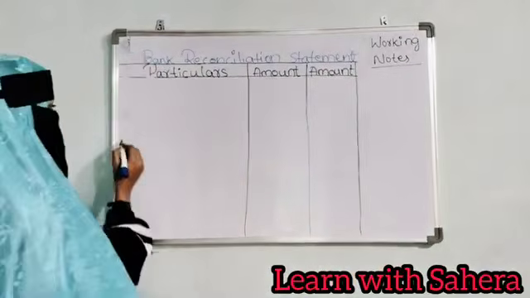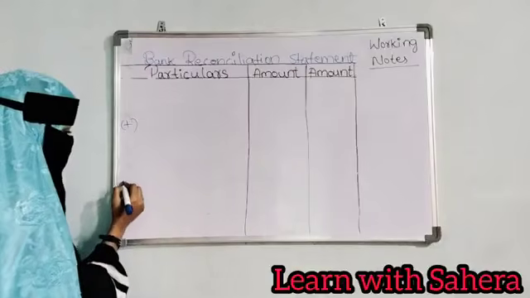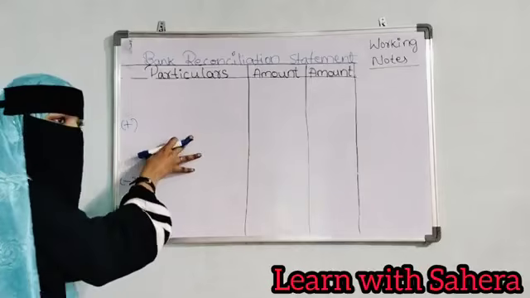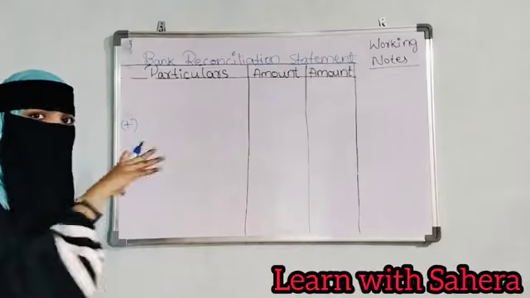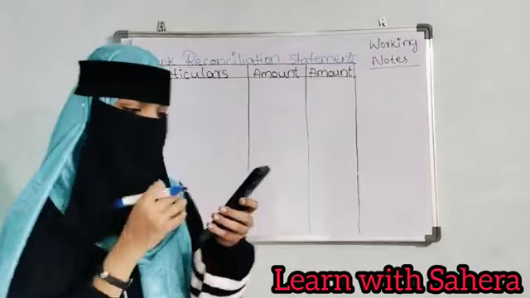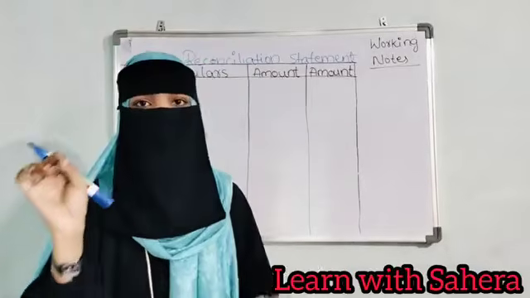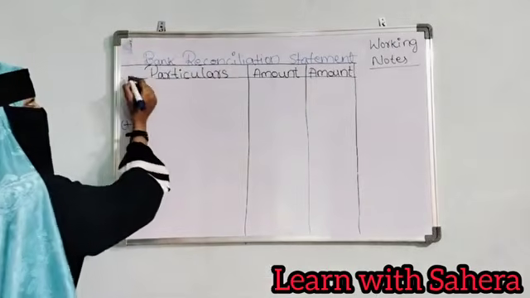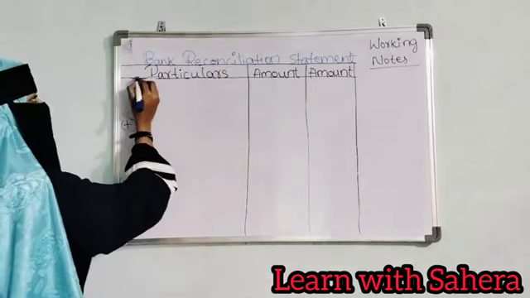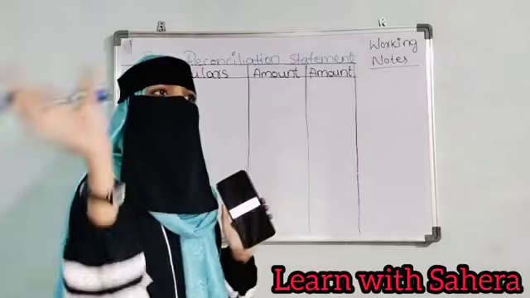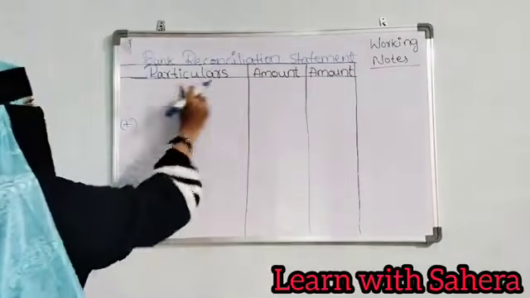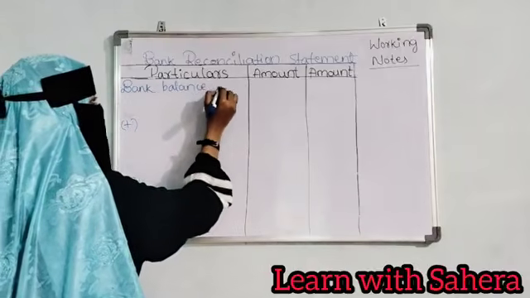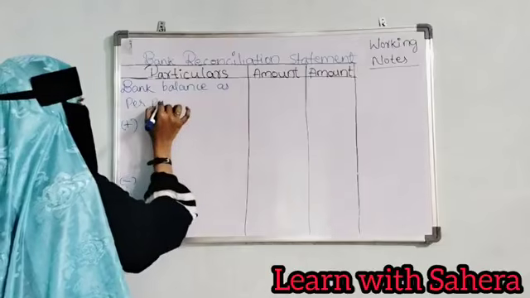In part 1 what I said, here it will be plus, here it will be minus. Yes or no? Plus and minus symbols will be there. Here the transaction which should be added will be taken, and here which should be minus or less will be taken. So what is the first transaction, ma? Bank balance as per passbook. In part 1 what I discussed, if he gives you bank balance as per cash book or passbook, you have to take that amount here in the above. So we will be writing bank balance as per passbook.